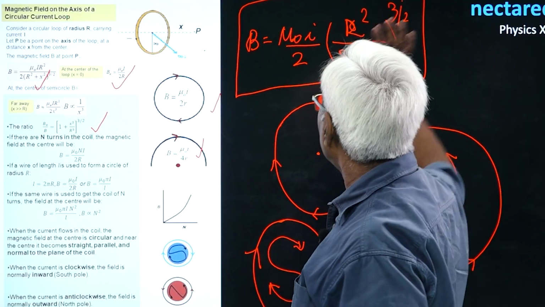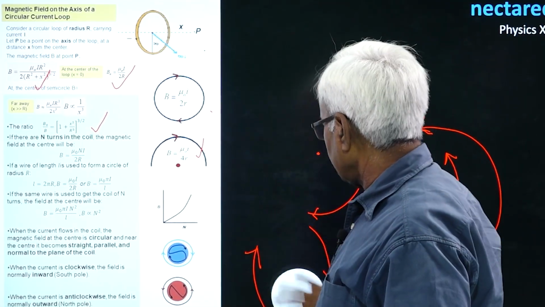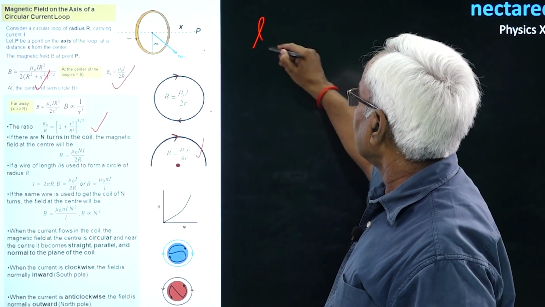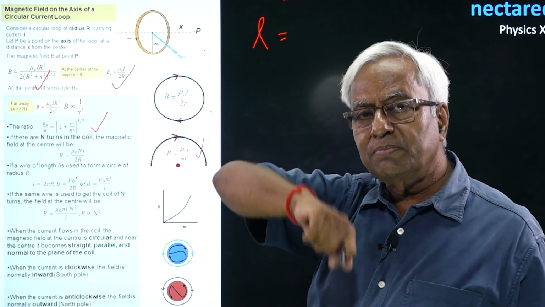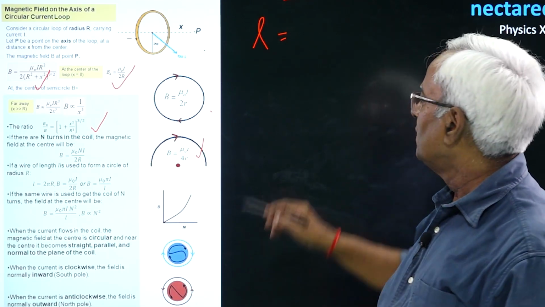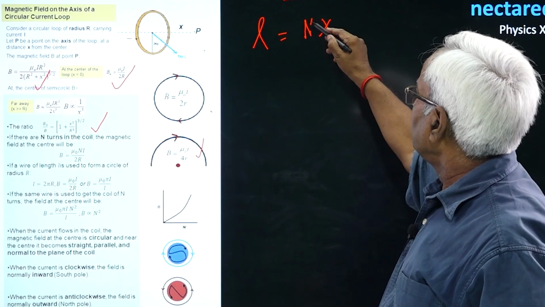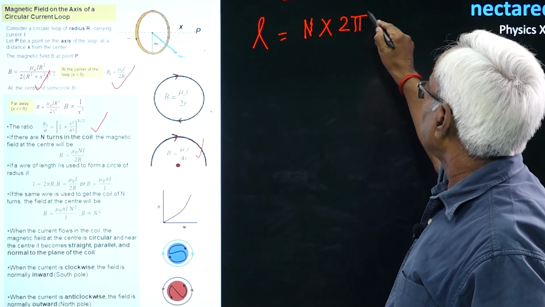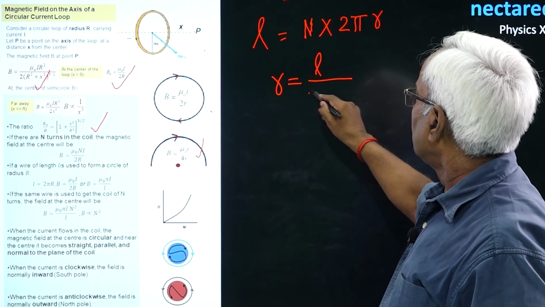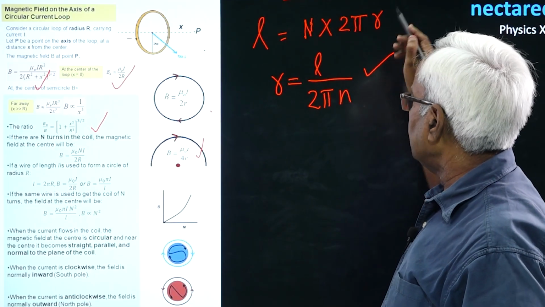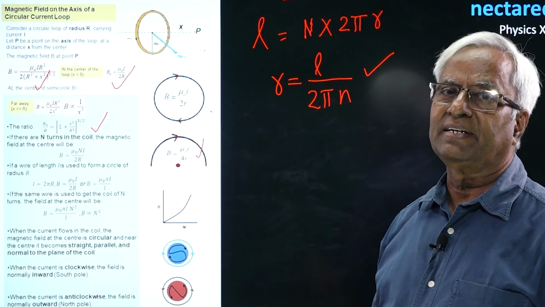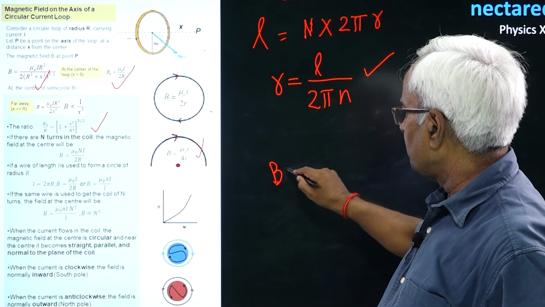And now finally, I will consider a long wire, say of length L, and this wire has been converted into a circular coil having n turns. So, obviously, that particular length L has been converted into this, which means the radius of the coil becomes L upon 2 pi n. Now, you want to find the field at the center of the coil,